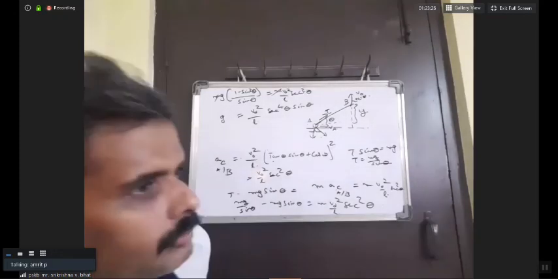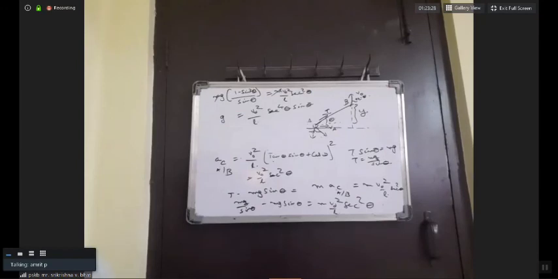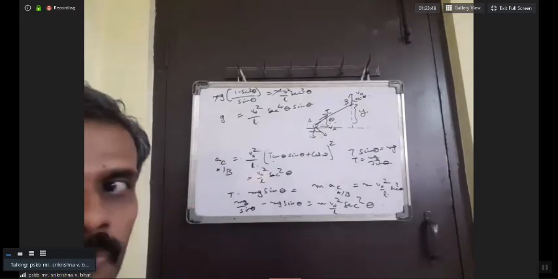Sir, I have a doubt. Yes. A has an acceleration towards B, along the string with respect to B. With respect to B, yes, A has an acceleration along the string. Acceleration of B is 0, so doesn't it mean that acceleration of A with respect to... No, 0 is acceleration with respect to ground.